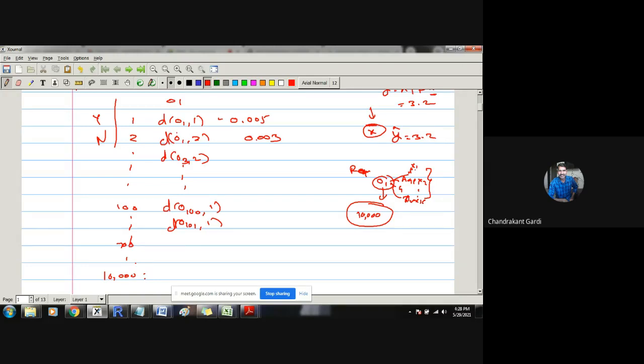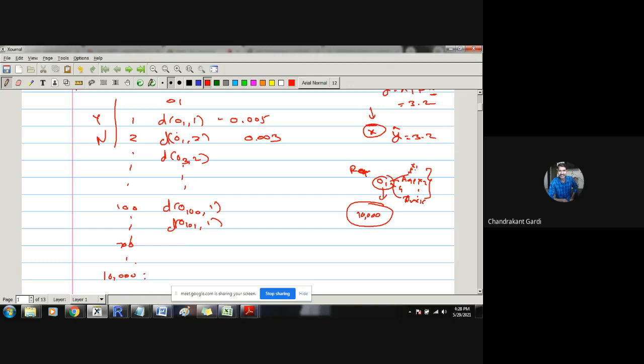This data set from 1 to 10,000 was given to you a long time back. Only last week that data was given to you, and still you are processing it. I have come right now, but the data was given last week, so why didn't you analyze that data from last week until now? In this entire scenario, where we calculate the distance between O1 and all other observations, we will realize that this is taking time.